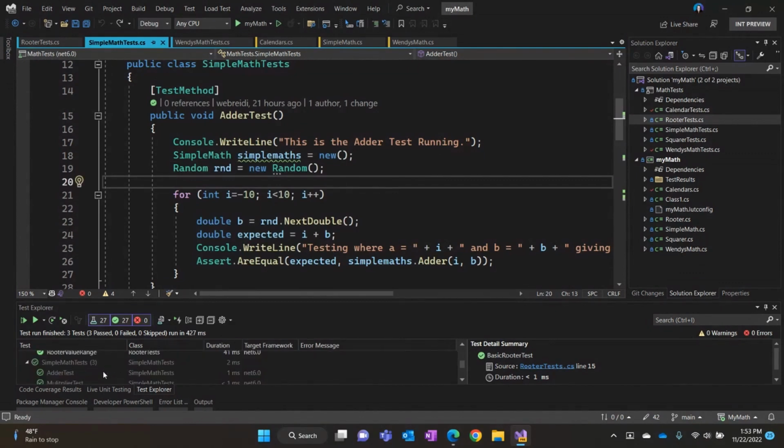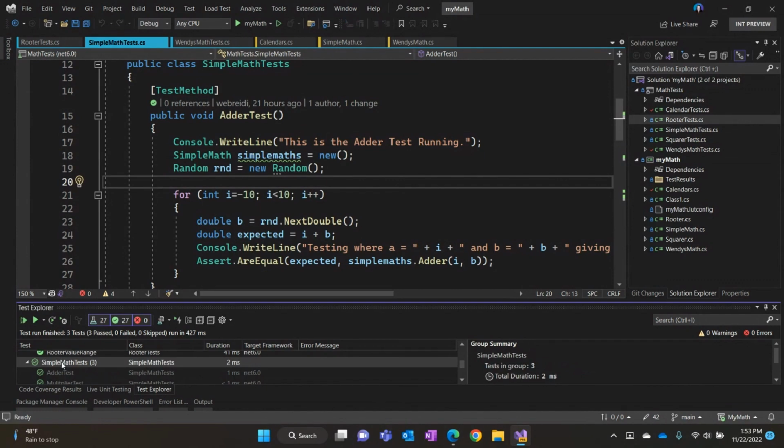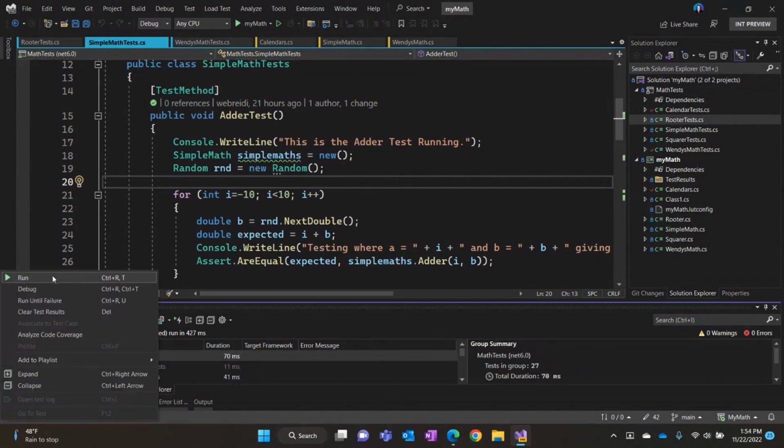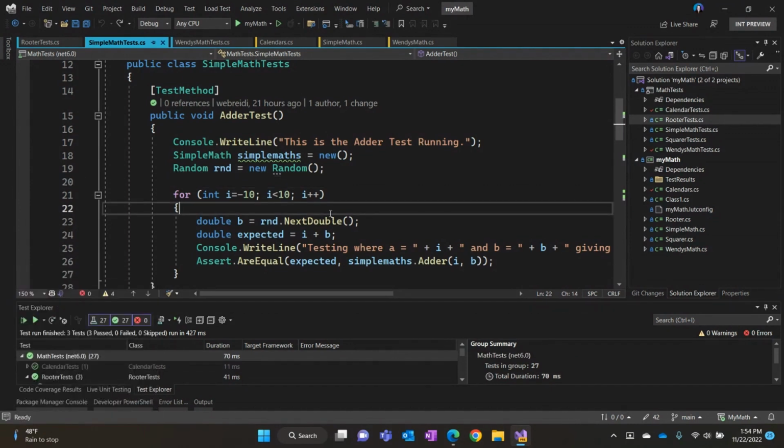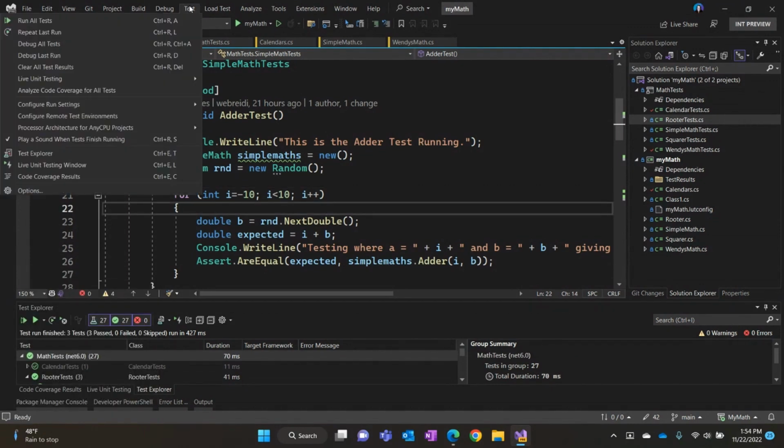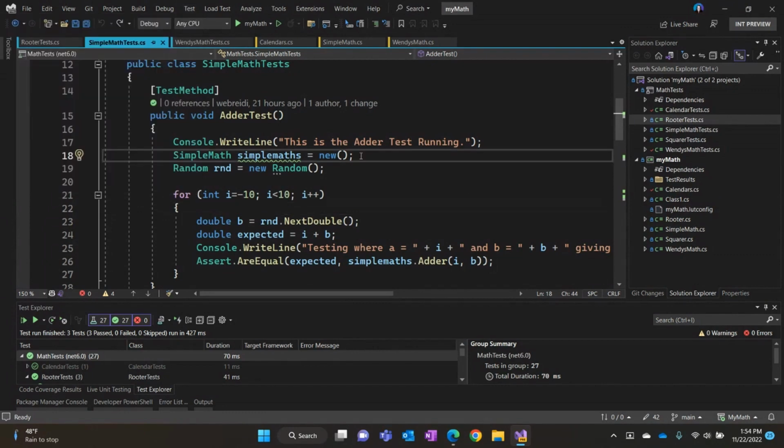When you're in the Test Explorer window, you have the ability to click on a file or the entire solution and run so many different ways. There's also the test menu up here where you can run all tests or the last run test. There are so many ways to run tests, whatever you're comfortable with, plus the handy shortcut keys.